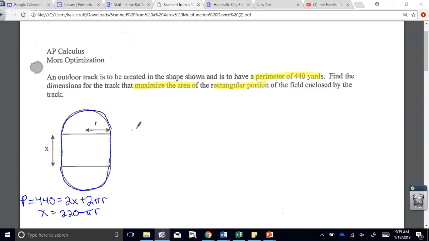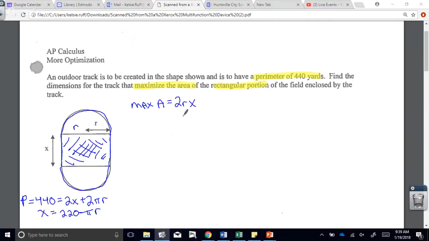Then what we're trying to maximize, okay, we are trying to find the maximum area of the rectangle on the inside. If this piece is r, then we know that this piece is r. So area is going to be x